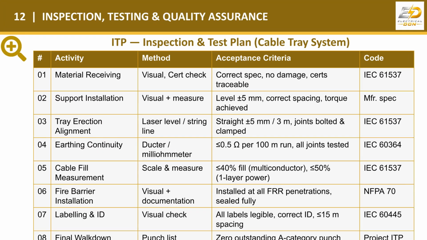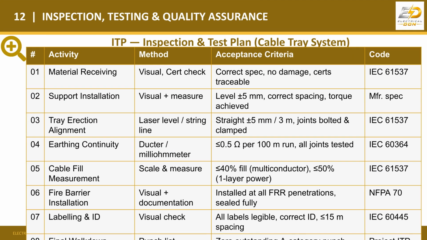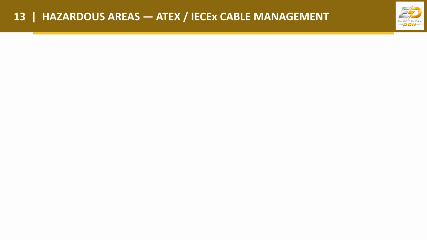The Inspection and Test Plan, or ITP, ensures quality assurance for the cable tray system. Activities range from checking material receiving certifications and visual inspection of labeling, to precision measurement of support installation and electrical testing of earthing continuity. For hazardous areas,